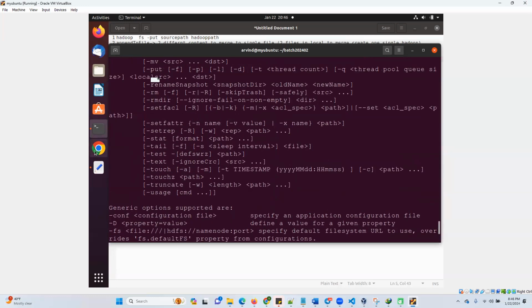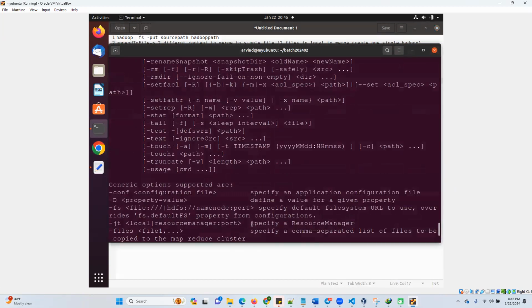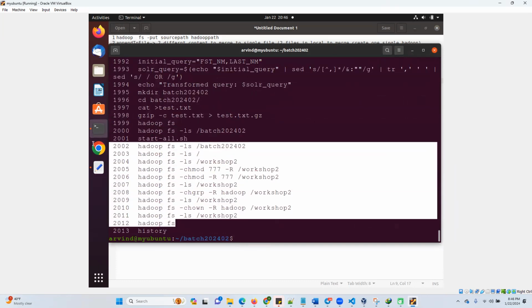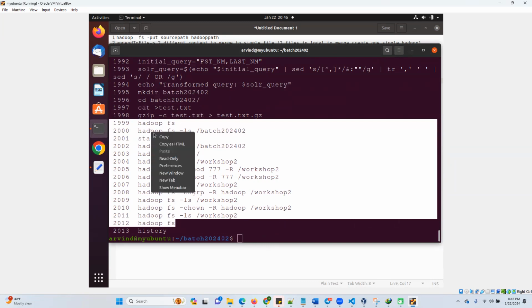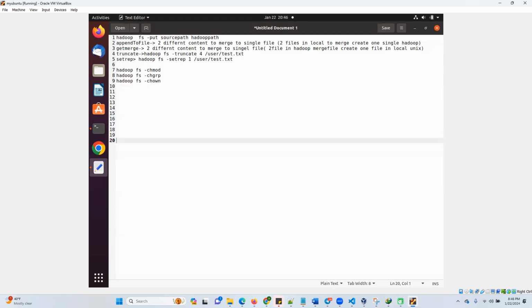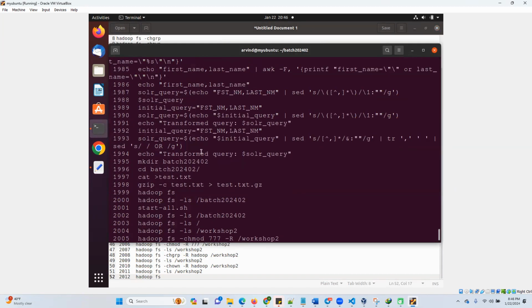So we have file chmod, FS means file system, after the chgrp. Okay, so these are the commands. Okay, next is